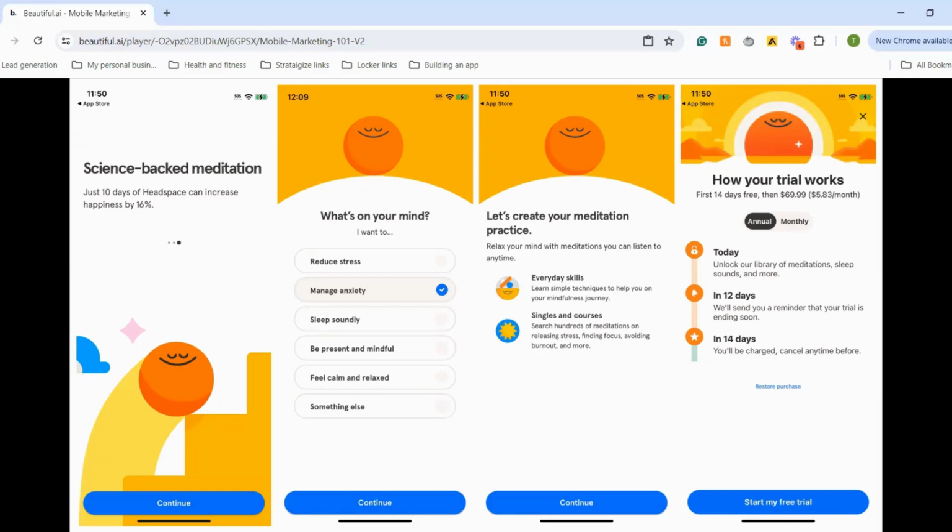Another key thing that they do here is ask a question. They ask an engaging question that is essentially the reason why people would be downloading this app in the first place. So essentially they're asking, why are you here? Reduce stress, manage anxiety, sleep soundly. And if you select one of those, you feel like, okay, I'm here to solve that. And now they're the solution. They immediately hit you with the paywall after and really present themselves as the solution to the stated problem of the user. So this is a very effective way of doing it.